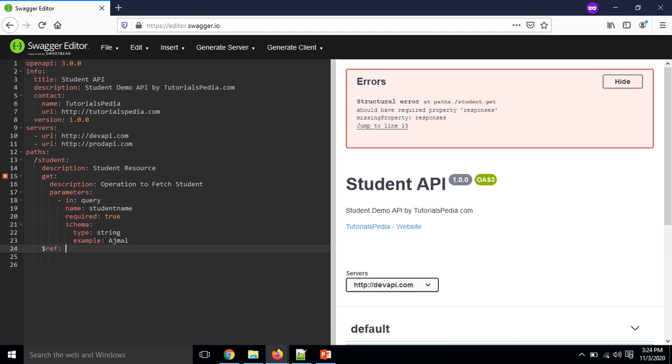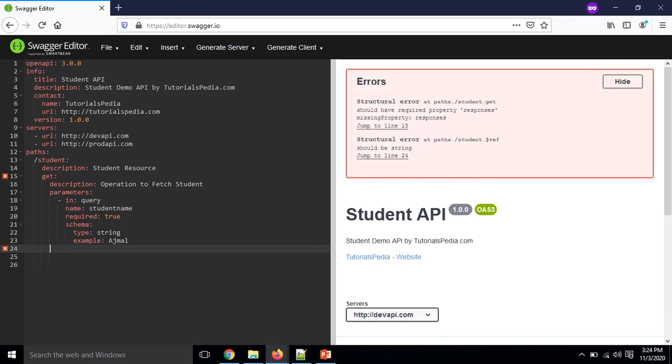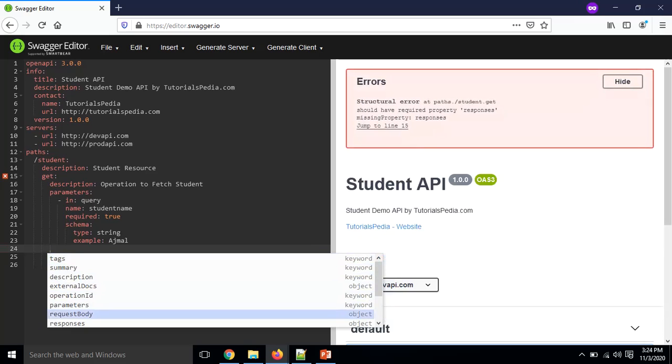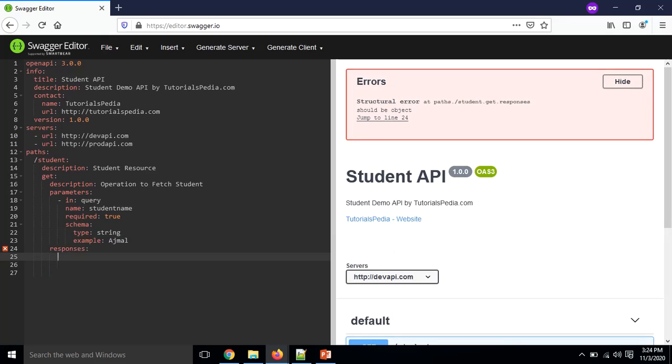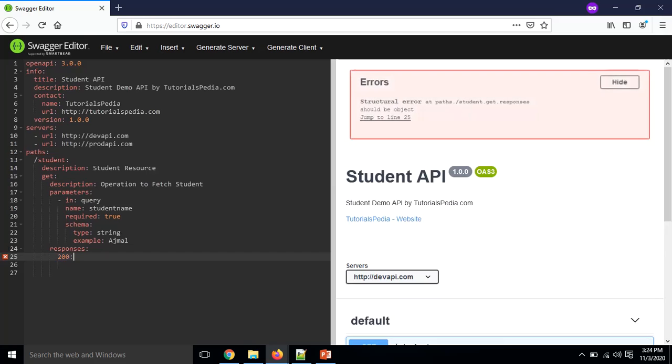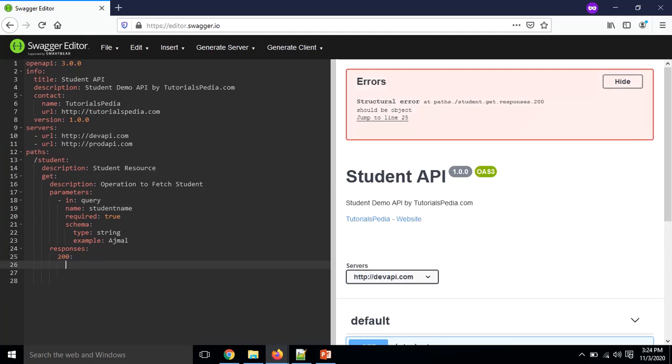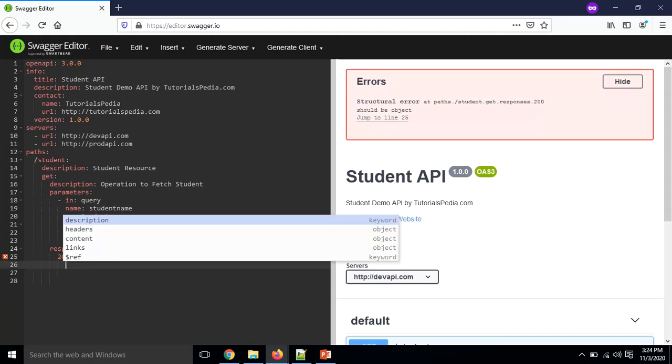It should be in the next level, not here. So I'll choose the responses, and inside the responses we are going to specify which HTTP code we are going to write this response for. In production and real scenarios, you need to make sure that you are covering all of the response codes, or all of the major response codes, and also a default scenario. But in our case, we will just go for a happy scenario of the 200 code, which is a success response code. And then we will specify description,